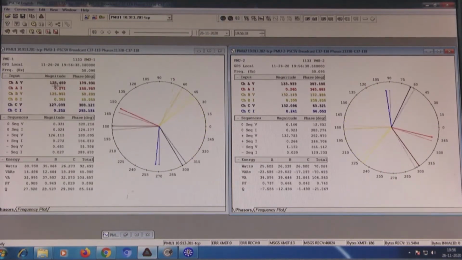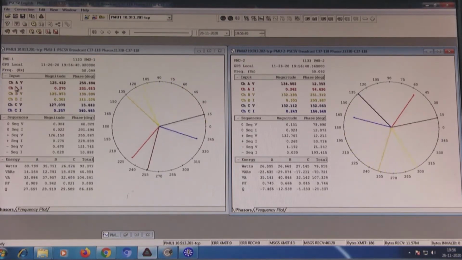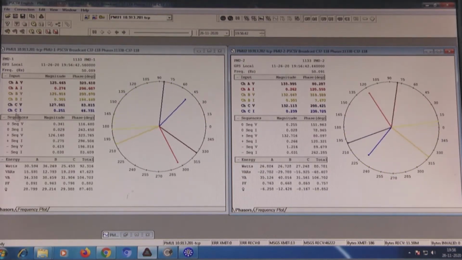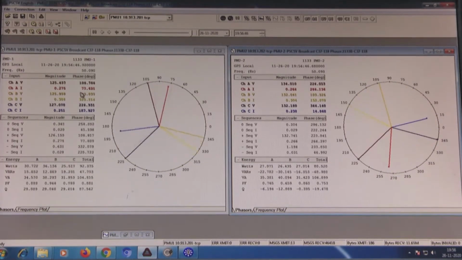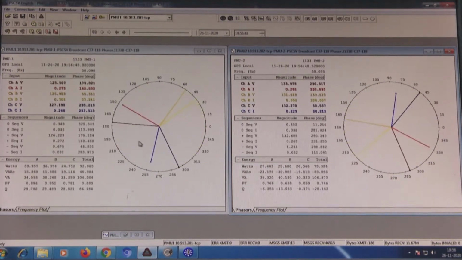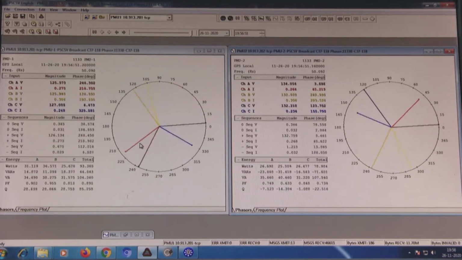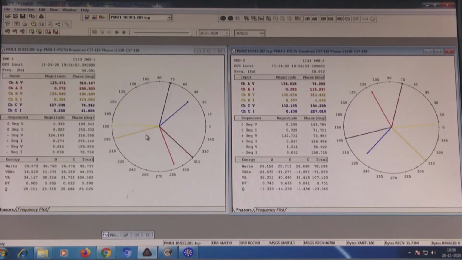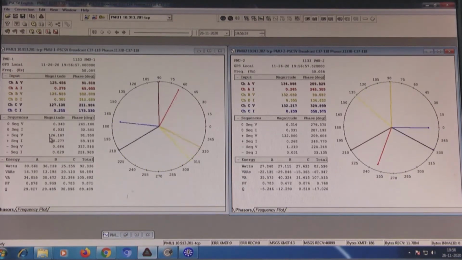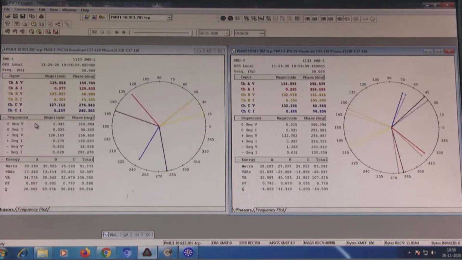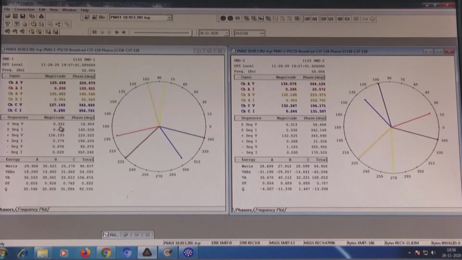from this data. So, if you see here, this is channel A voltage, channel A current and so on, and we see the corresponding magnitude and the corresponding angle that is varying, and the anticlockwise rotating phasors represent the different three phases. So, we can have the zero sequence, positive sequence, negative sequence data also, and you see here the zero sequence voltage is pretty small.